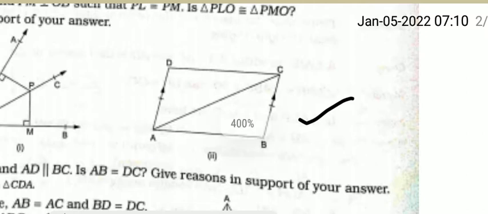So now I am going to discuss this question. Here ABCD is a quadrilateral, not stated to be a parallelogram, where AD is parallel to BC and AD is equal to BC. Students, first of all you have to draw the figure in your copy. Clear? After that you write the proof.